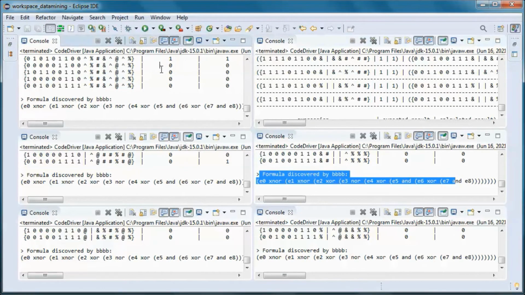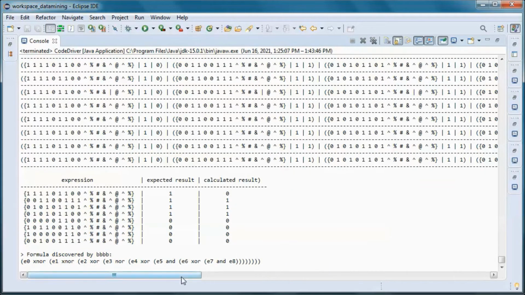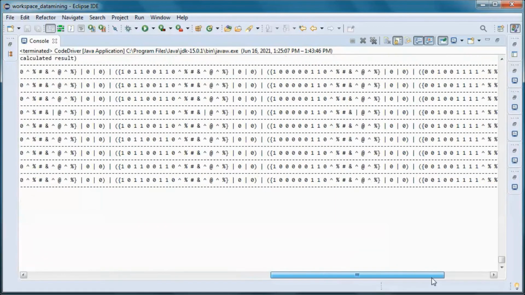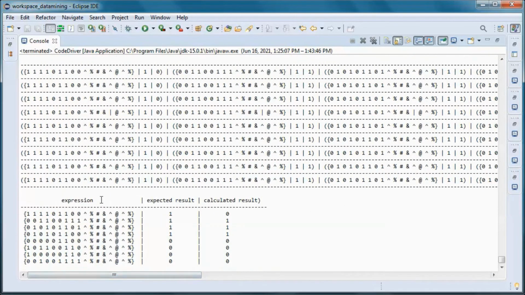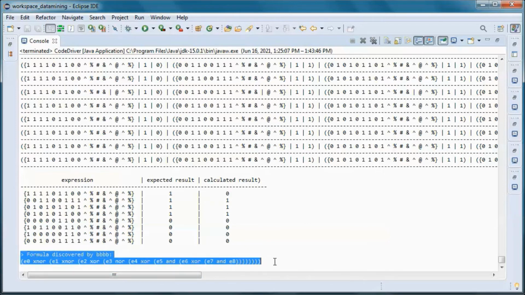And the other peers, like this one, the best it could get is a fitness of 7. So 7 expressions in the group of 8 expressions. So those two did not match. And when it received the discovered formula from the other peer, it stopped and displayed that one.